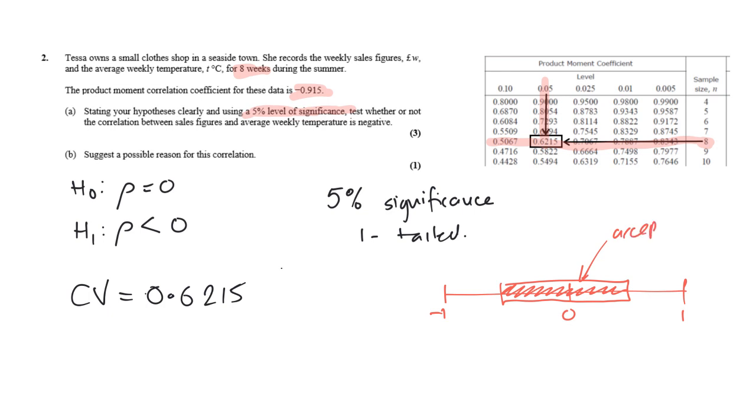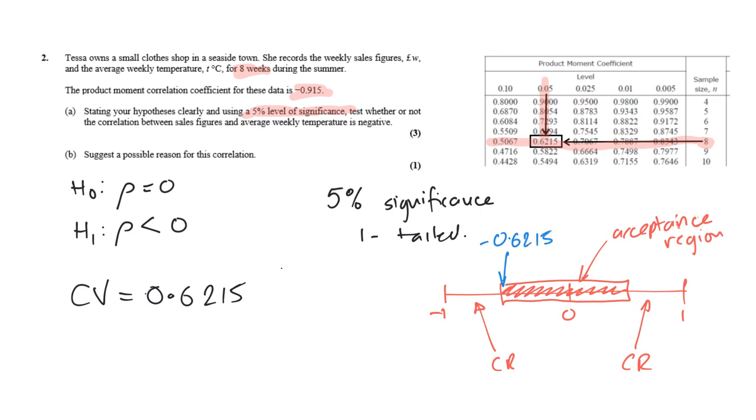In order for us to think of it as a significant result, it needs to be in this critical region, or this critical region here. This part up here is the acceptance region, and then we have the critical region down there. What matters is we need to know the critical value, and we've just identified that as minus